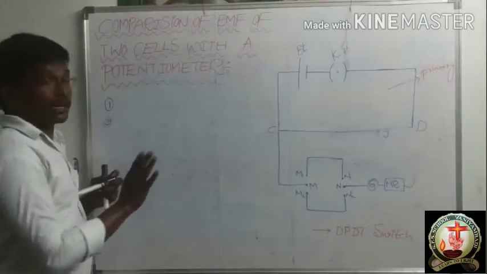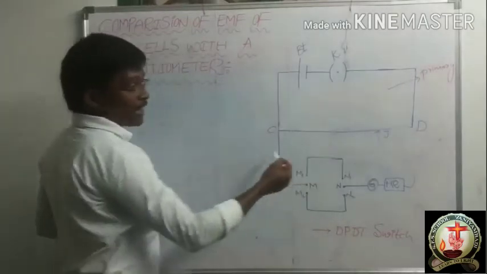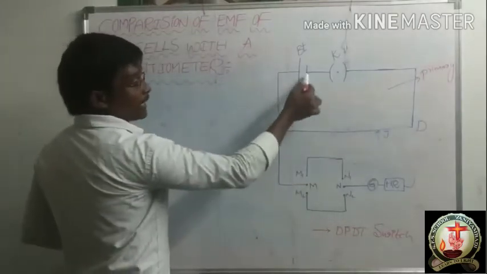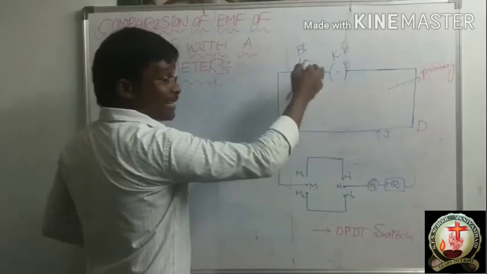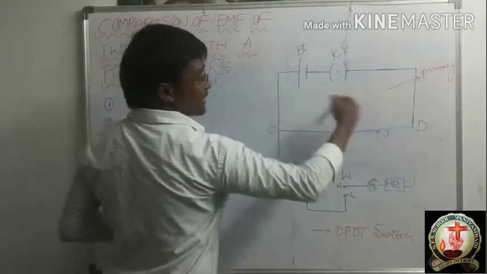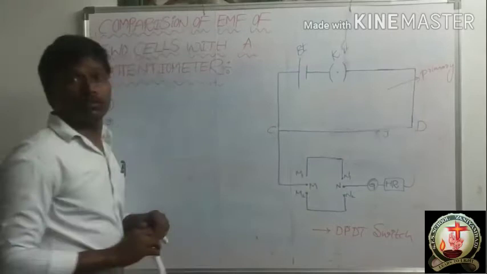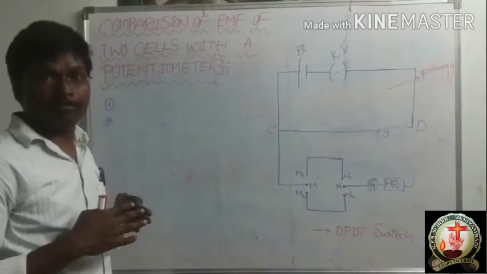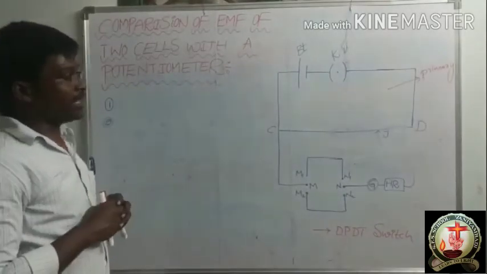What is the second point? This potentiometer wire is connected with a battery and key in series, so this is called the primary circuit. Okay. Now next one is